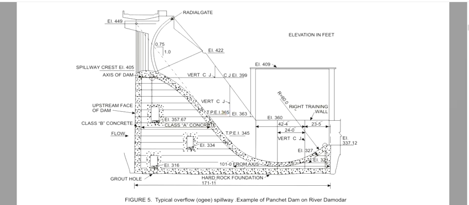So these are the typical elevations you can understand. This is your 316. Here is your grouting hole. Here elevation 321. Here elevation 327. Now here 337. So elevation is increasing as we move upward, as the construction of this ogee spillway takes place. This is the upstream face of dam. This is your downstream face of dam.